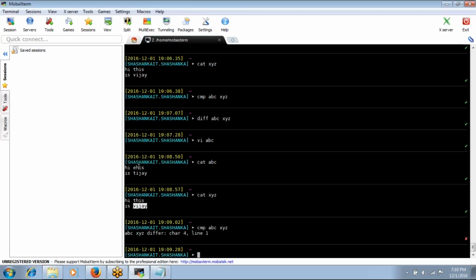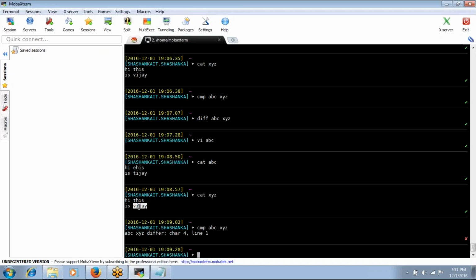It will not again check the fifth character, because even if a single character has a difference, then we can say both files are not identical, right? So why do we need to check all the characters again? The CMP command is nothing but CMP file A, file B. If I don't find any output, that means both files are identical. The CMP command will check character by character on the two files. Whenever it finds any difference on a particular character, it will show that this is the difference and it will stop the execution. It will not go on to the next character.